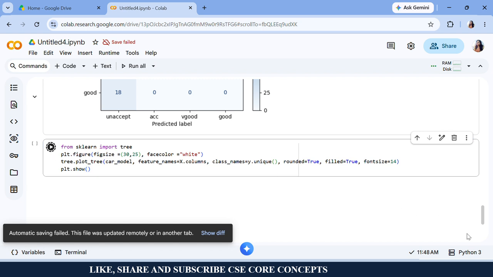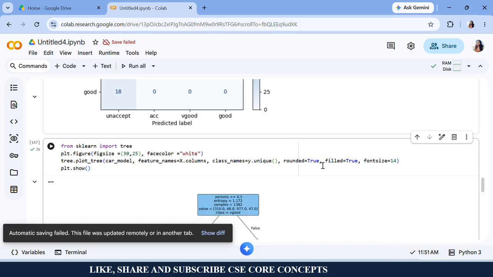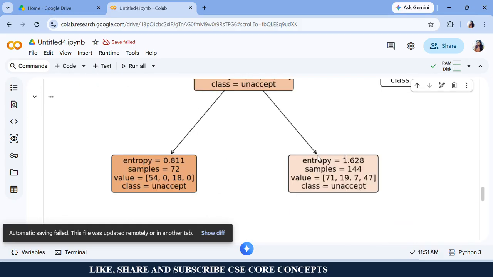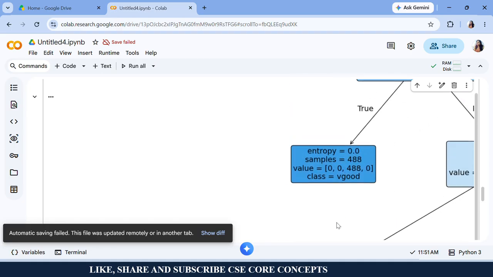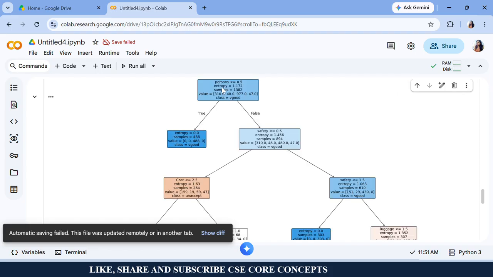A decision tree will be created from this. You can make it bigger and see. If you see this at a bigger scale, the first split was based on the number of persons, the class very good or acceptable, otherwise false.